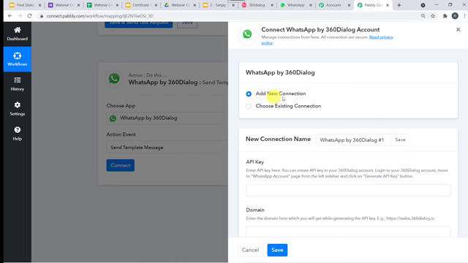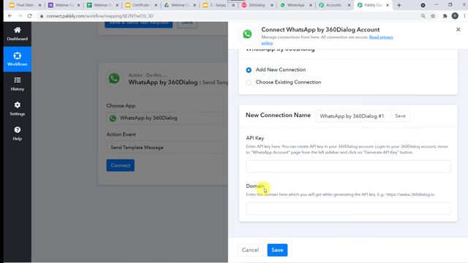Here again we have to click on add new connection. Now it is asking for the API key and domain. So let us read the instructions first. Enter API key here. You can create API key in your 360 dialog account. Log into your 360 dialog account, move to WhatsApp account page from the left sidebar and click on generate API key button. Okay, so first we have to go to our 360 dialog account and then we will be moving